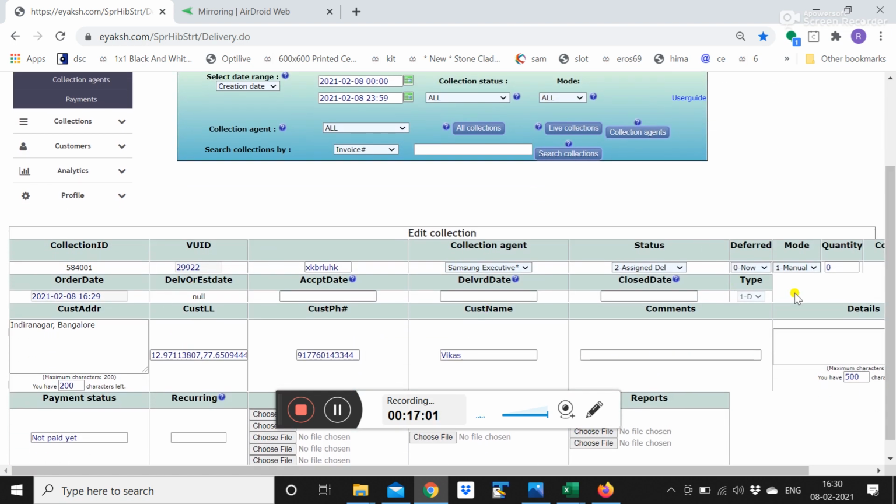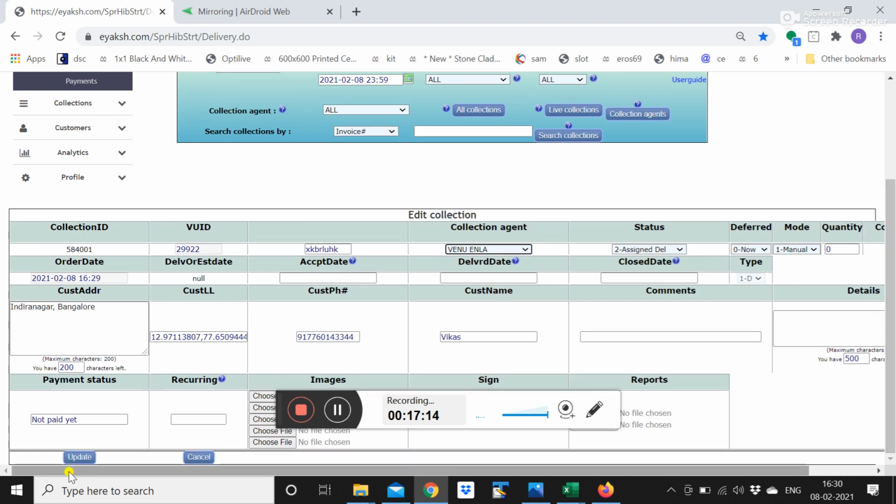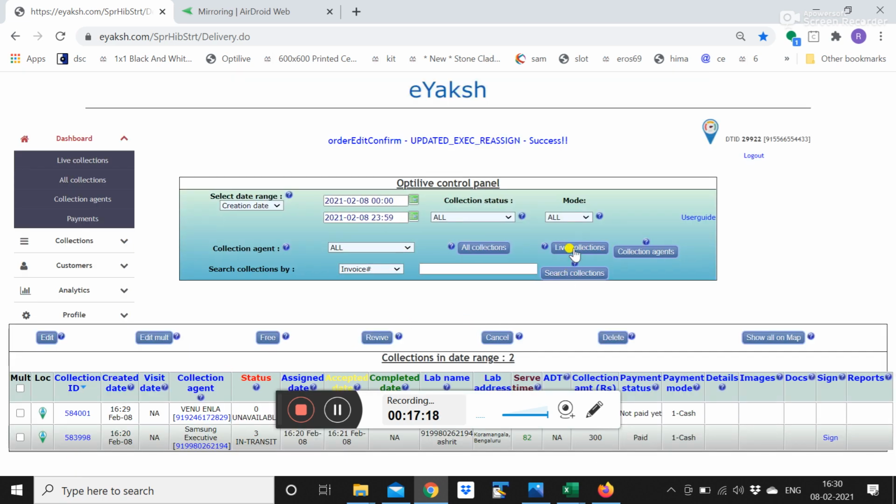This feature is used because there are cases when you want to change the collection agent. So all this information is editable. You can change any information from this page. You can reassign to a collection agent, give a reason, comment, whatever, and just click on update. That's all. So you can see immediately the collection agent has changed. It has been reassigned to somebody else.